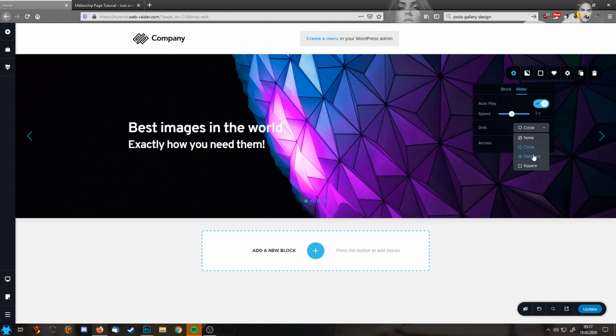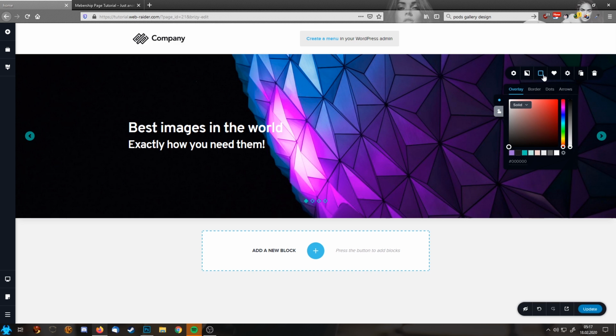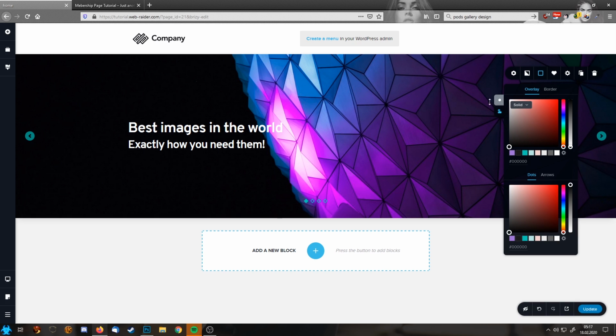The dots I take diamonds, and the arrows, I want everyone to know that this one is a slider, so I'm using these buttons there. So next thing you just noticed, if I'm going to hover here, they are going black, and I have some dark background, so I don't want that. So I'm switching here to the hover page,